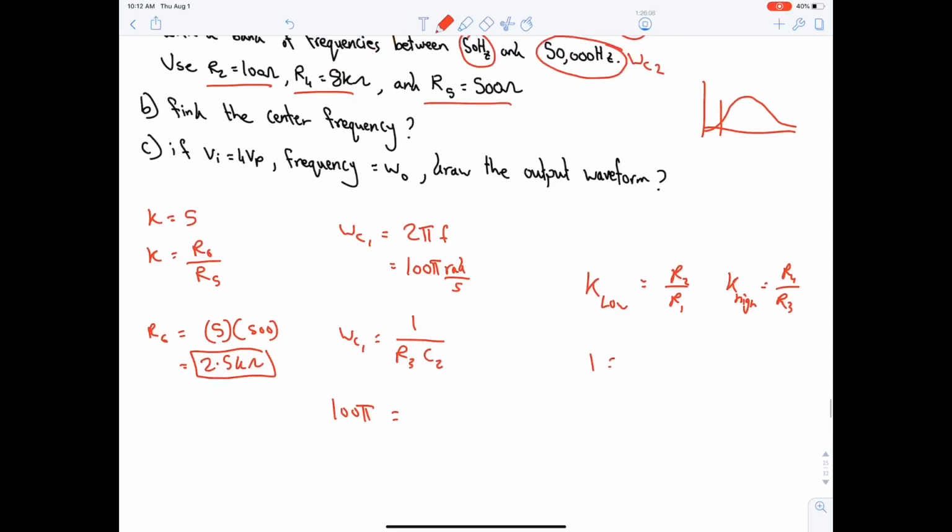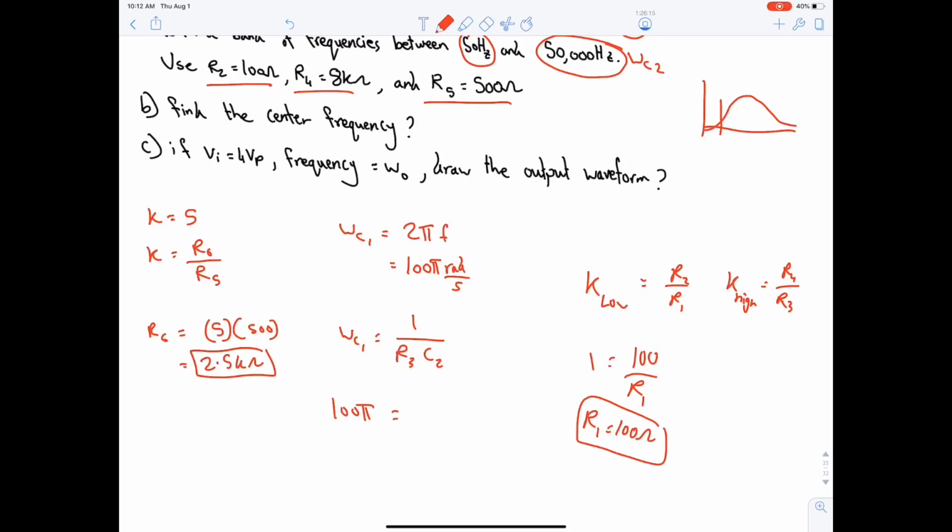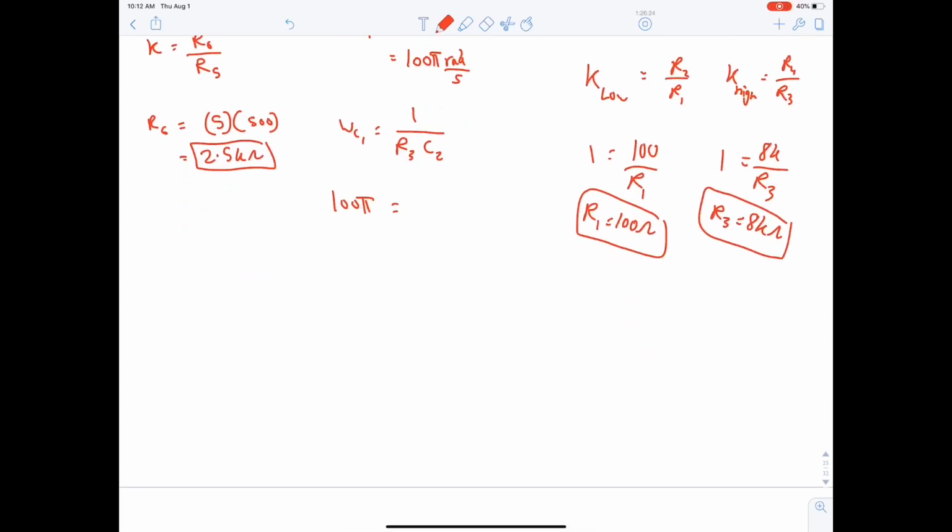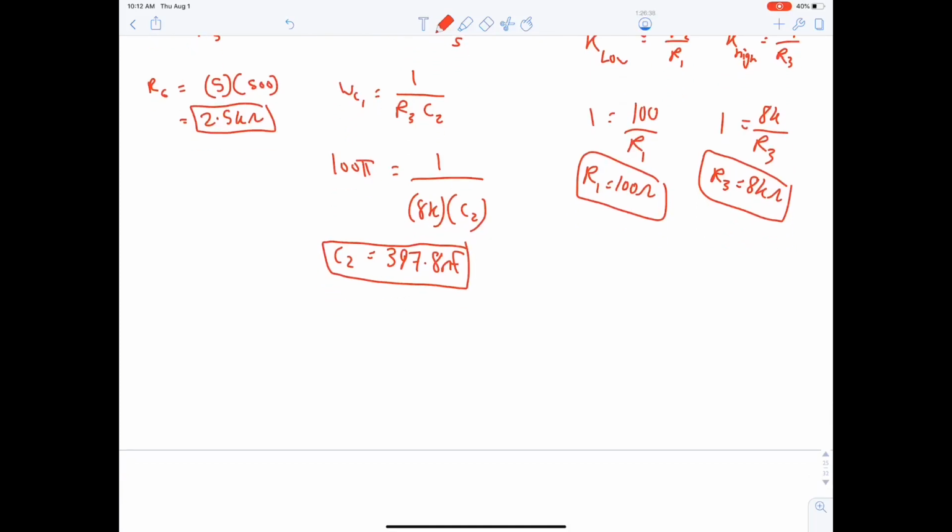What's R2? 100. R1, so R1 is 100 ohm, and R4 is 8K, so R3 is 8K again. Okay, now 1 over 8K multiplied by C2. C2 is equal to 397.8 nanofarad. That's C2. For C1, we can find it from omega C2,